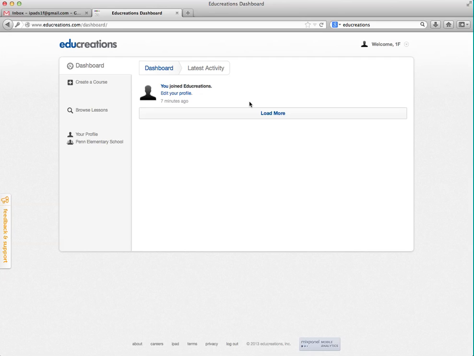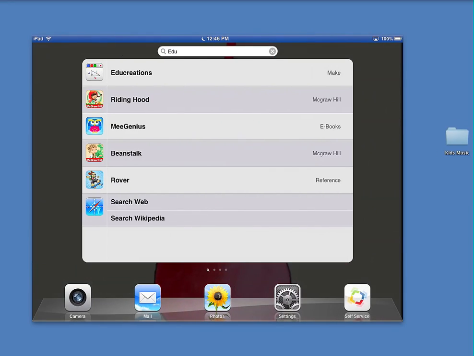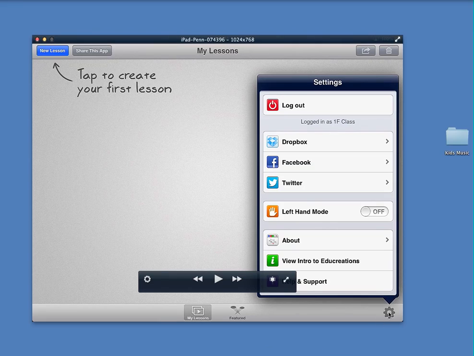Now what this would look like on the iPad is that each iPad that you have in your class, you would be using the same login. So let me show you here. You can see here that I have an iPad for my students. And this is an example of what it would look like once you're signed in, and I'll show you how I know what I'm signed in as. If I click on that little gear down at the very bottom, you can see that it says logged in